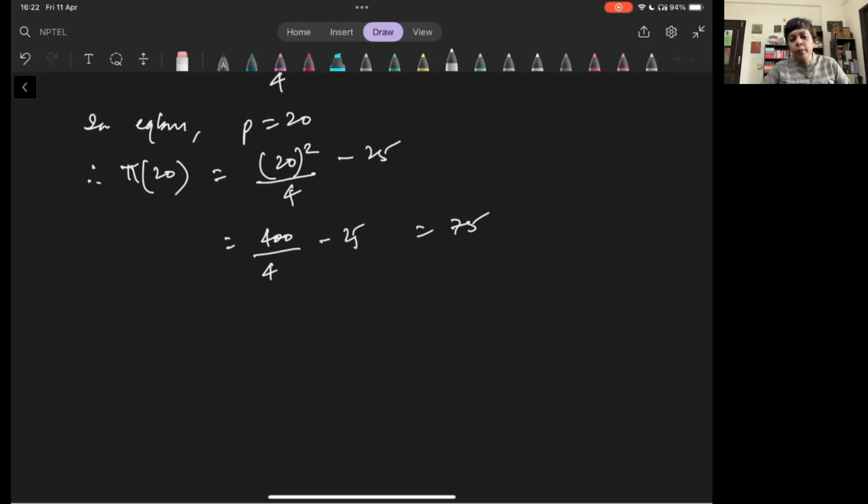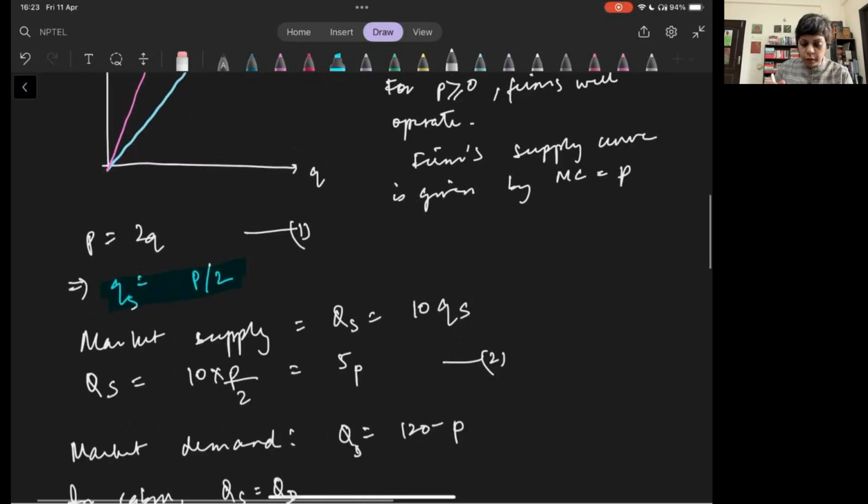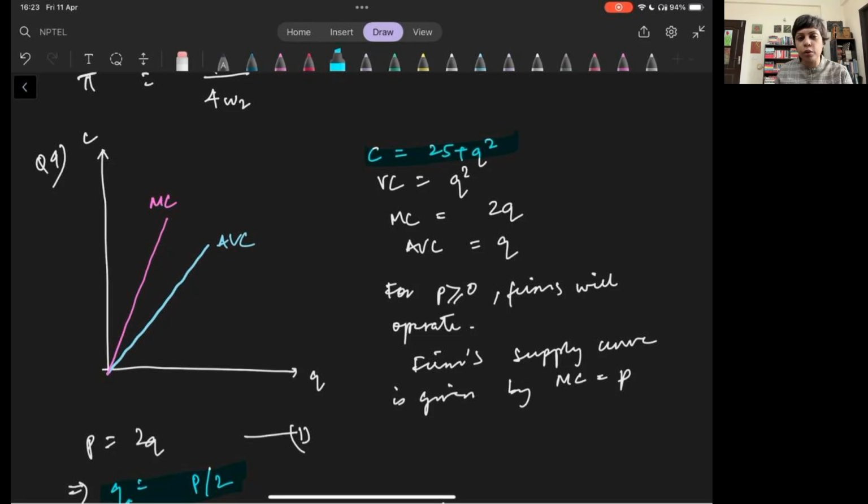Okay, so remember, when you're asked the profit function, you need to express it in terms of all the exogenous parameters, which is the prices of output and the prices of inputs. In this case, you were just directly given the cost function 25 plus Q squared. So we did not need prices of inputs per se, right? Because instead of calculating the cost function, you are just directly given the cost function in terms of Q, right? But if you are given input prices, the profit function will be in terms of P and W. In this case, it will just be in terms of P.